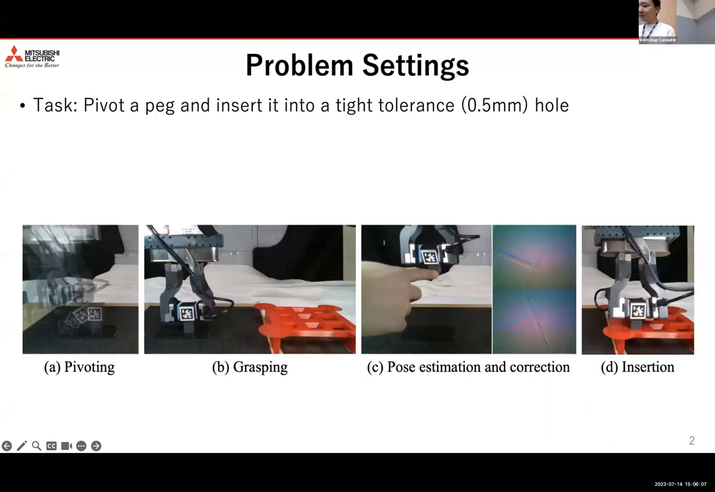In this work, we study multimodal long-horizon manipulation, where a robot has to switch between different contact modes to perform a tight-tolerance insertion task. More specifically, a robot first pivots the peg using a model-based motion planner, and then grasps it relying on a vision sensor. After grasping, the robot estimates the pose of the peg using two tactile sensors attached to both fingers of the gripper, corrects the pose using the estimation, and finally inserts the peg into a hole whose tolerance is